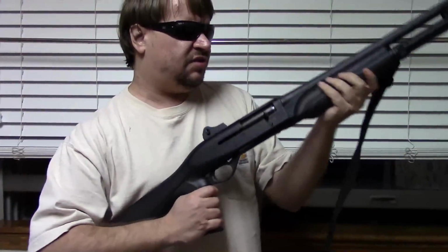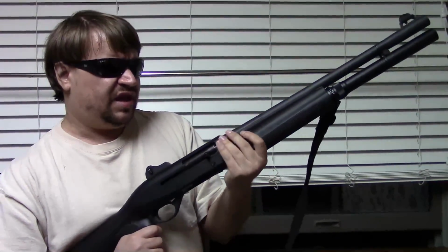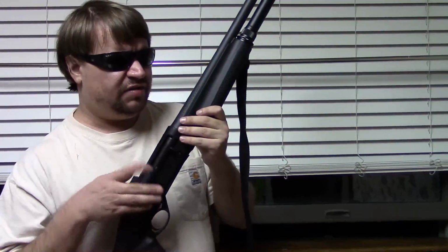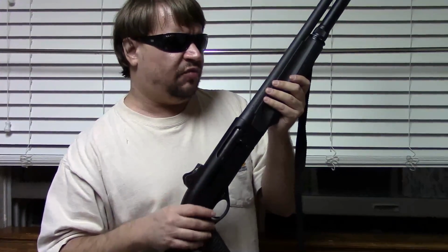This does lead to a little bit heavier felt recoil, and it does mean it's not 100% reliable with light loads. On the other hand, because there is no gas system, it's much lighter weight of a gun. We have an alloy receiver here. Now what I'm actually holding is the M2, which is just an updated version of the M1, which came out